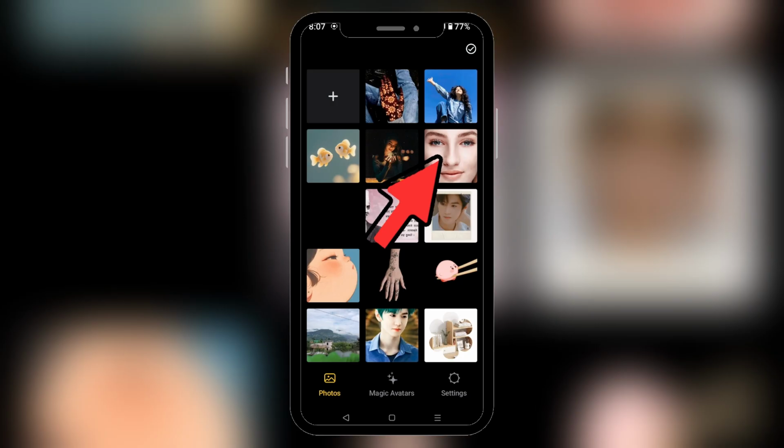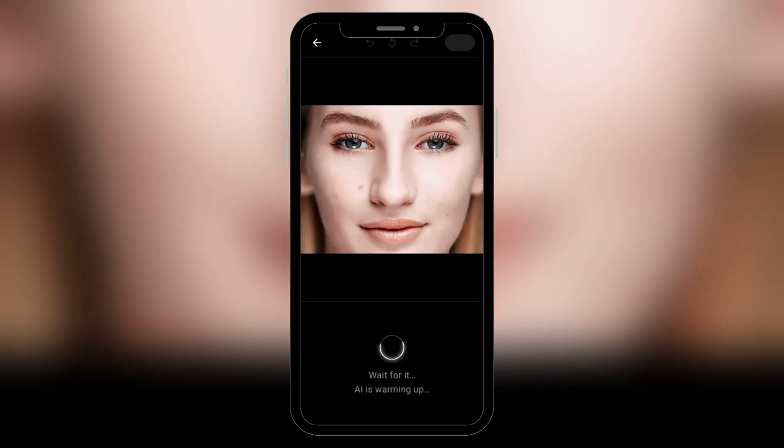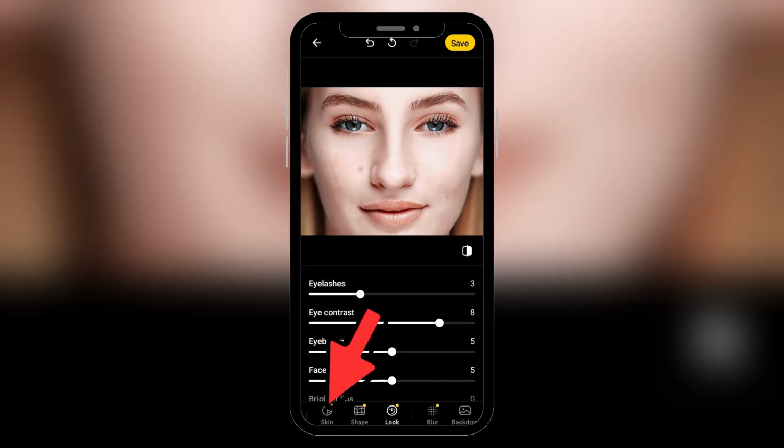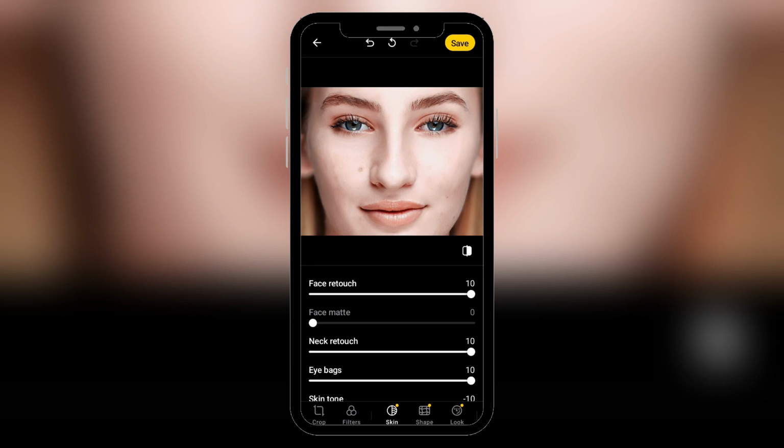For that, let's tap on this photo right over here. Just tap on it. Give it a time to load. Once you're inside it, you can see a lot of options at the bottom section. Right over here, just scroll through the options like this and go inside an option called skin. Let's go inside it, and here you can see a face retouch,